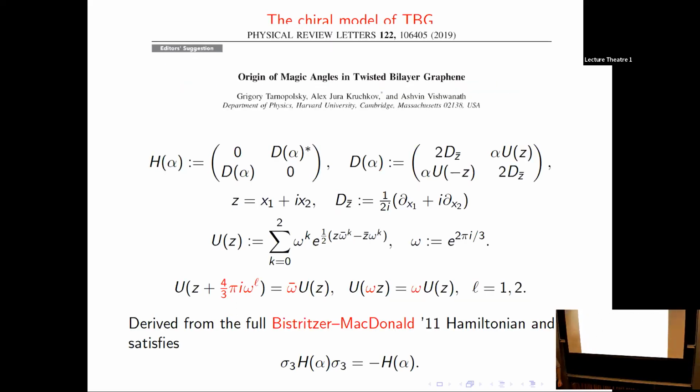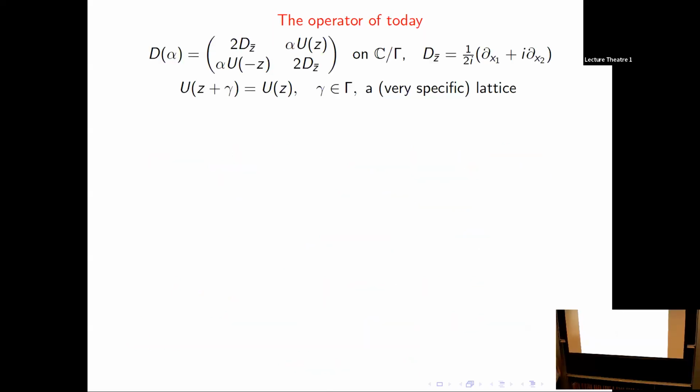Okay, so this is the off-diagonal operator I'm going to look at now. And alpha, this parameter, was proportional to 1 over the twisting angle, right? This was somehow where it came from. And now we want to study the spectrum of the alpha. And I'll show you in a second